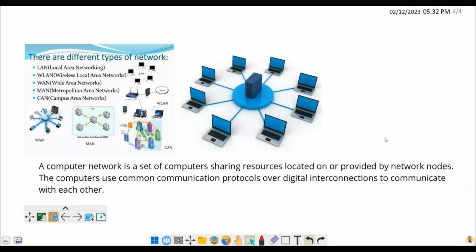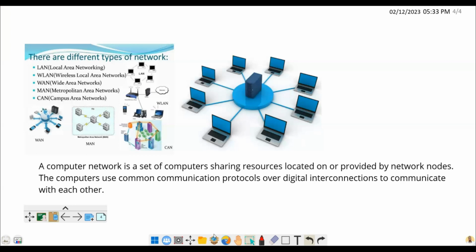As I promised you earlier, I was going to share with you some important information about networks. So here I am, we're going to discuss something very important about computer networks. First of all, we shall look at the definition of a network, and then we shall go ahead and see different types of network and how they are being used. So as you see in this diagram